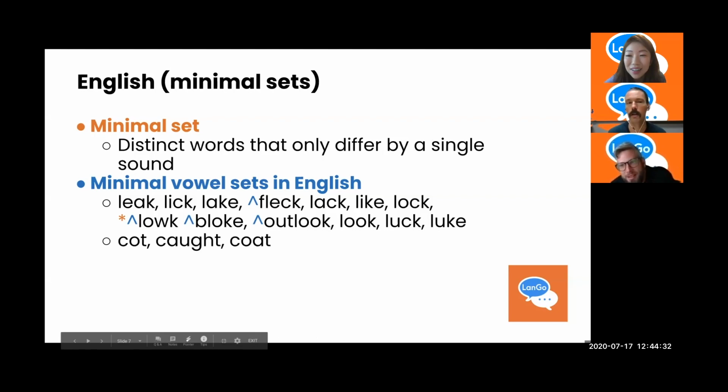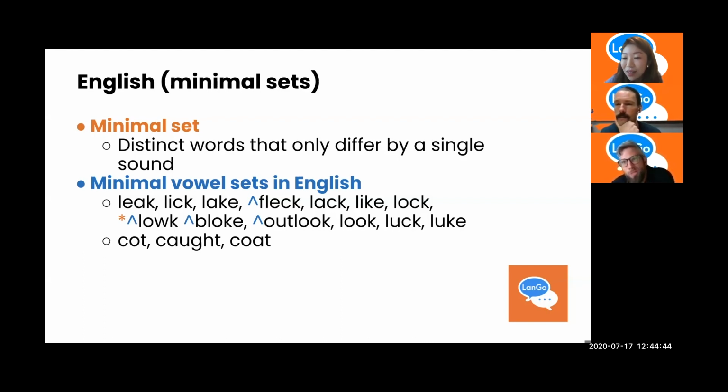Caught. They sound slightly different to me. Slightly different? They feel different. Almost near merged. Yeah, I think for me it's okay to merge them or not merge them because of where I grew up speaking and then where I moved when I was acquiring my accent. A talk for another day. Lisa will have to really give us the privilege of that. American English. Okay, so the next one we have is bait, bet, and bat.